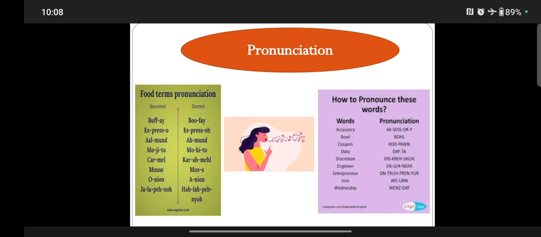Most of the time we misspell this. We have BOWL, that is pronounced as bowl. COUPON is coupon. DATA, so most of us do pronounce it as data, but it is data, and similar are the other words. So depending on the framing of these letters or the phonetic transcription that is given, we'll be pronouncing them. So pronunciation plays a very important role at the time of presentation. If we mispronounce any of the words, it does not sound good, or it does not create a great impression